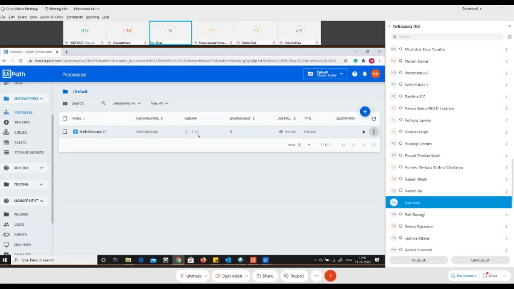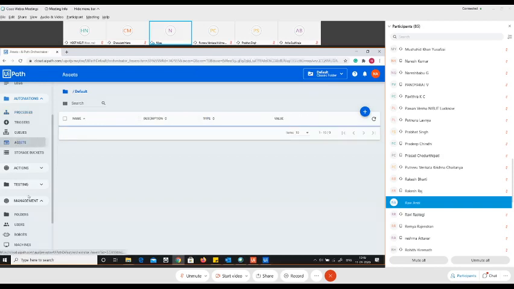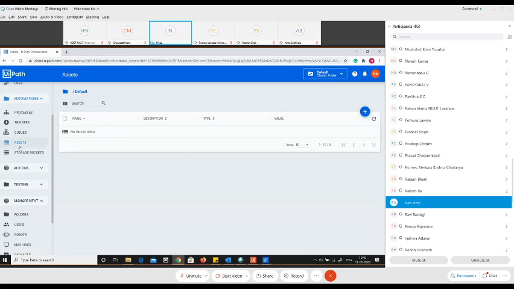So these are the cool functionalities about how to upload a process to the orchestrator and how to run the code from there. Now moving ahead, let us quickly talk about one of the very cool and interesting features that the UiPath orchestrator has. So we'll be talking about something called assets. If you see here, we have an asset section. Under the automation, we have a section called assets. Now assets are nothing but information that you need to store. So let me go ahead and tell you what assets are all about.